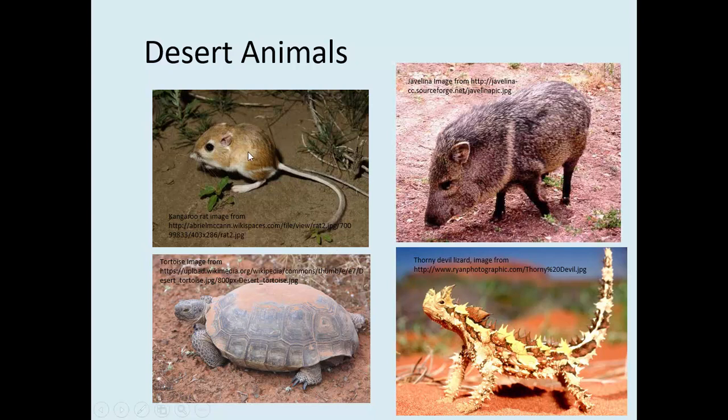Some of these other animals, this is another burrowing animal, the kangaroo rat, and then javelina are just very interesting animals. They are nocturnal, so they only are out at night, and during the day they hide in washes in the shade, and they can eat prickly pear cactus, even though those cactus have very long spines on them. They're able to crunch them up and eat them to get water.